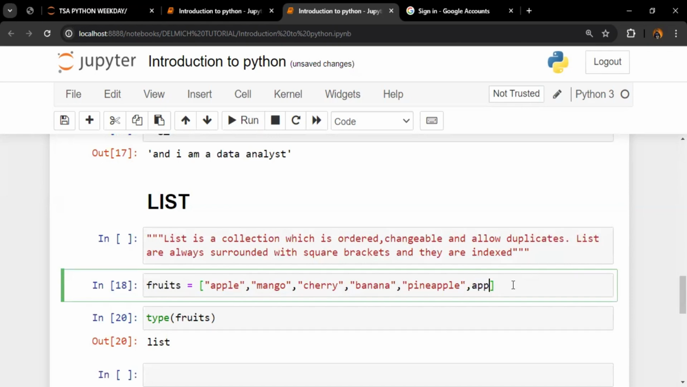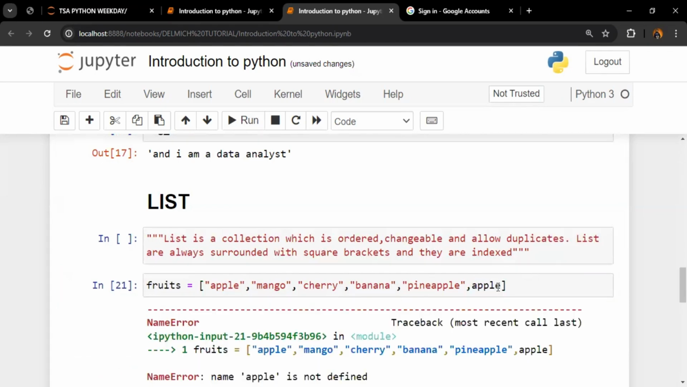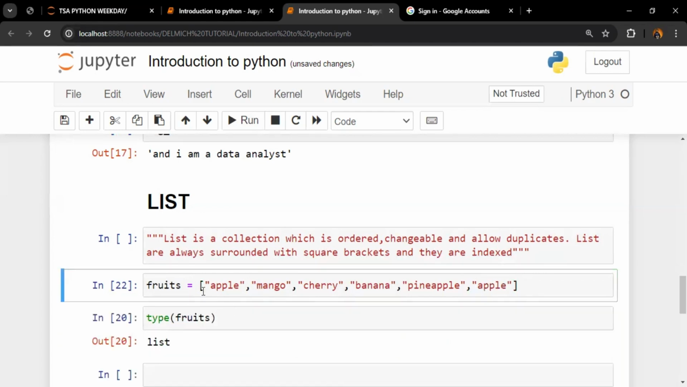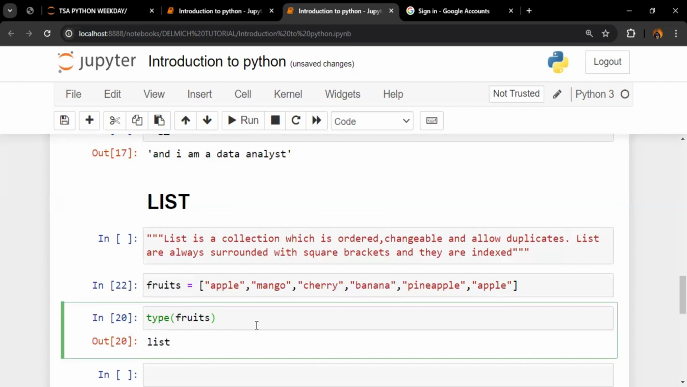If I want to have something like this here again, that means I have to change, sorry. So now